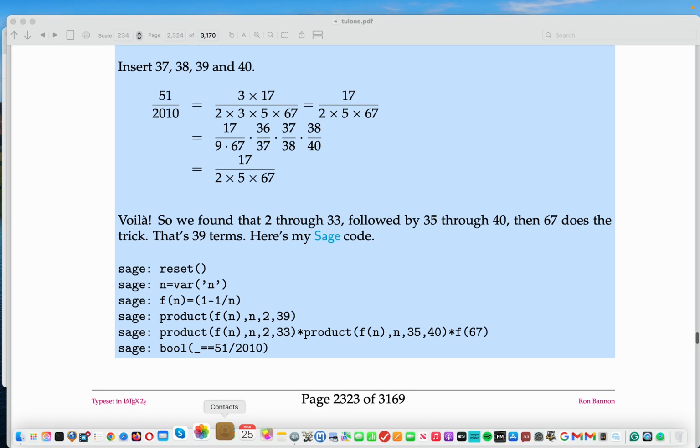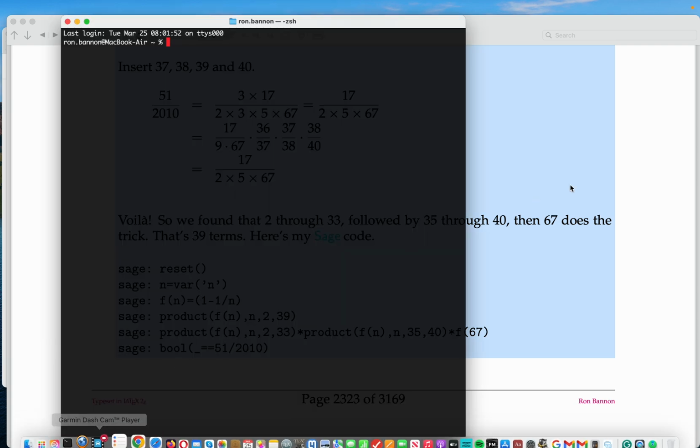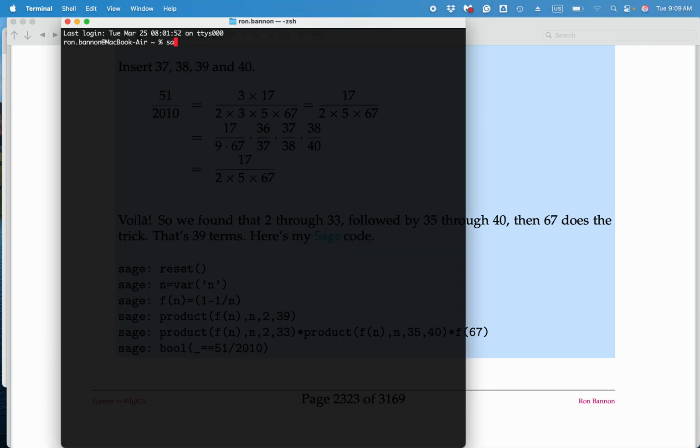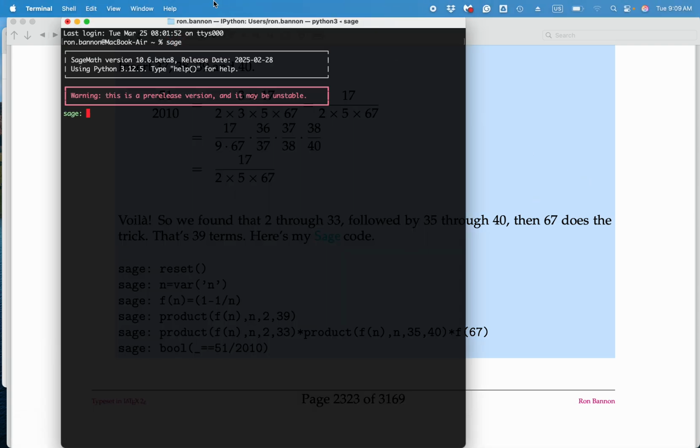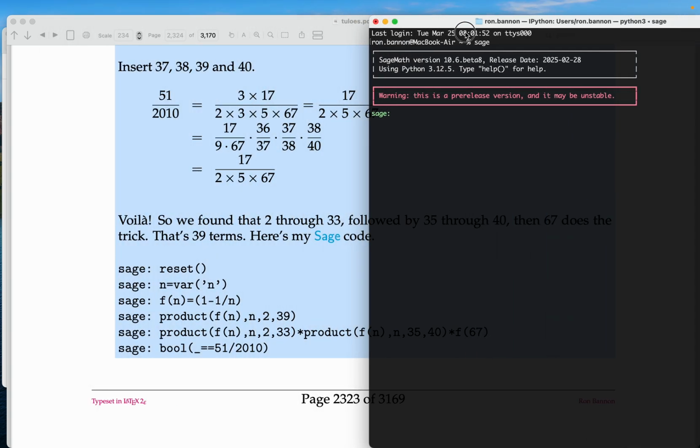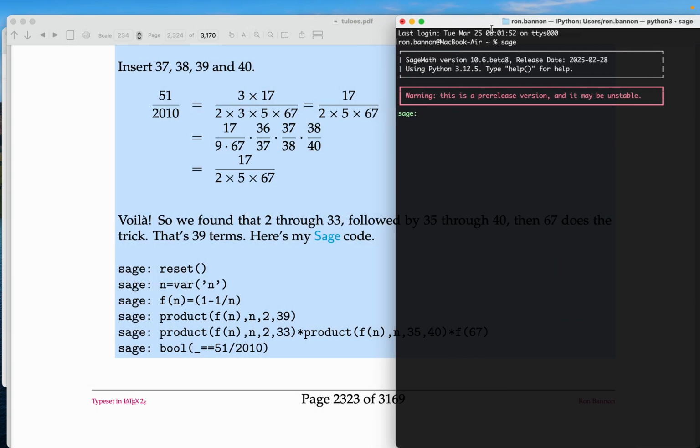I've got to open up Sage, right? I'll run it through the terminal, and I'm going to launch Sage. I'm using a pre-release version of Sage, but that's not a big issue. Reset, and declare n as a variable,